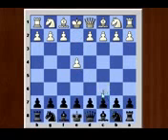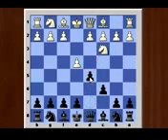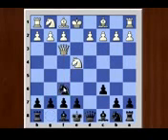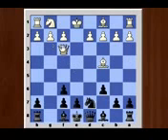e4, c6, knight c3 protecting the pawn, d5 challenging the white center, queen f3, d captures e4, knight captures e4, knight f6, knight captures f6 and b captures f6, bishop c4, knight d7, queen h5 and knight e5,